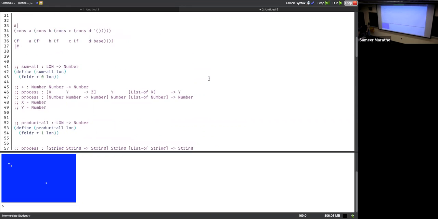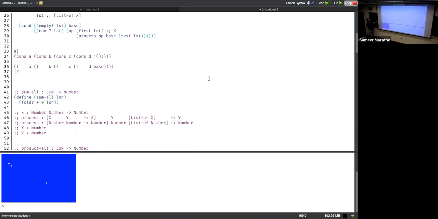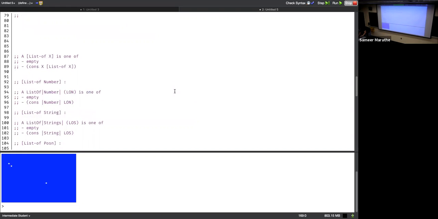Oh, I wish it wasn't so far above. Is that what process of foldr essentially does is every time there's a cons, we simply replace it with an application of f to the element and the rest of the list. And if we see an empty, we replace it with the base, right? So scrolling back down,